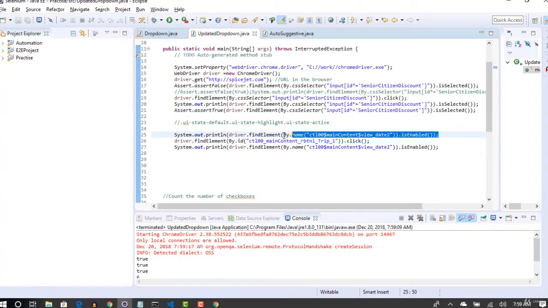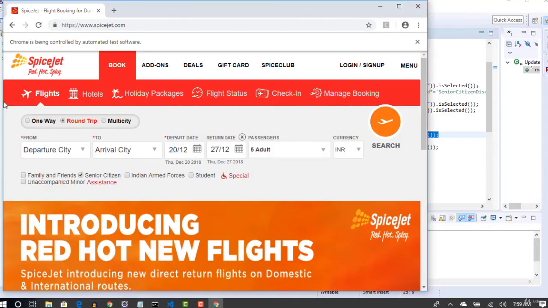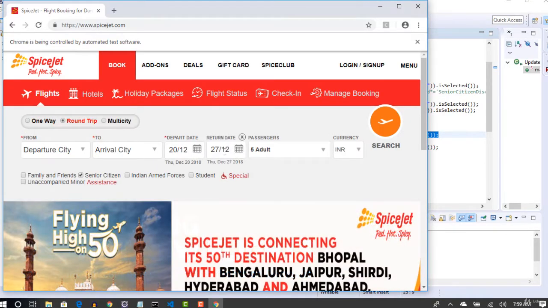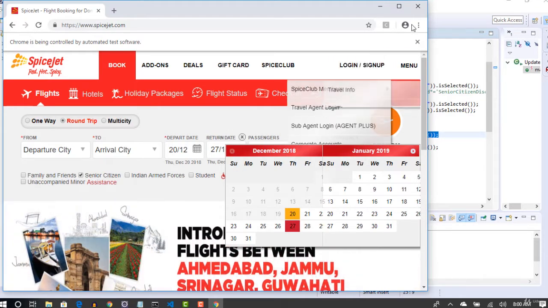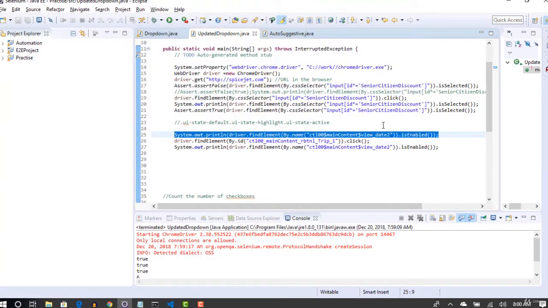So even before selecting the radio button with one way, it says that it is enabled. Okay, but it's not. How does it look to you? That's disabled mode, right?